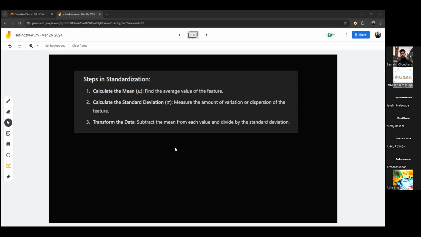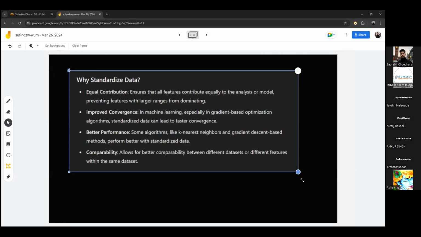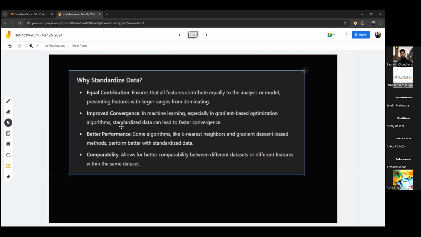What's the reason behind it? The reason is equal contribution: ensure that all features contribute equally to the analysis or model, preventing features with a larger